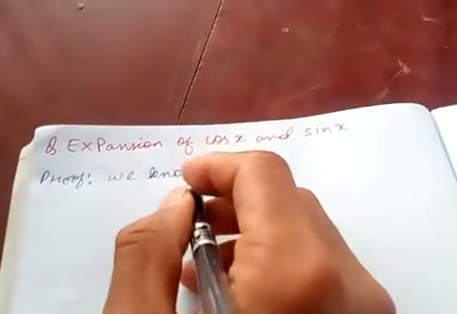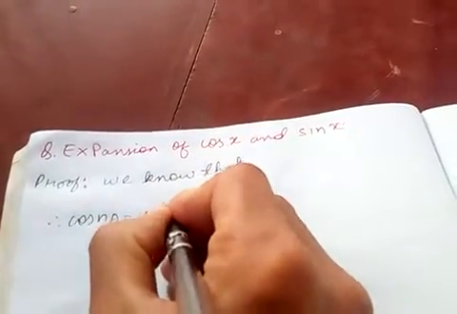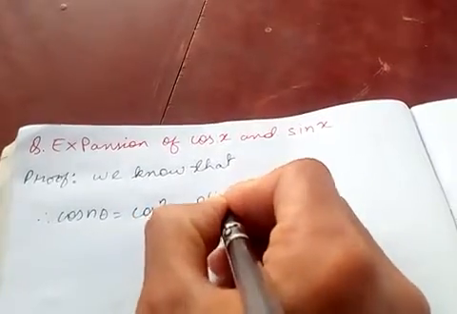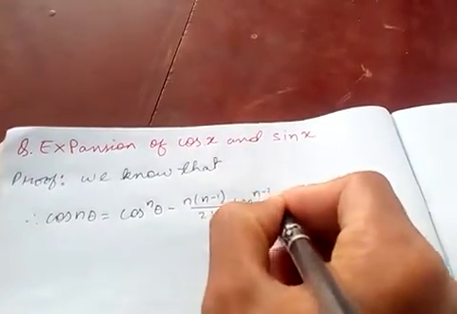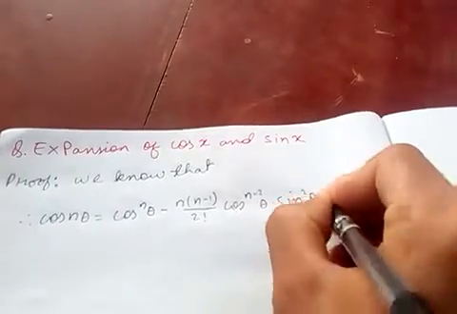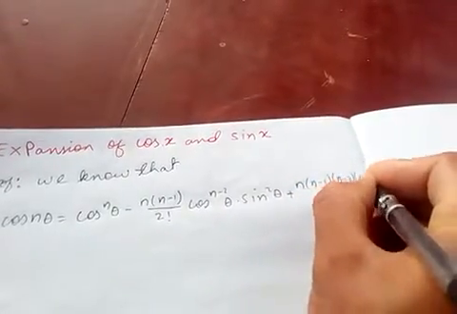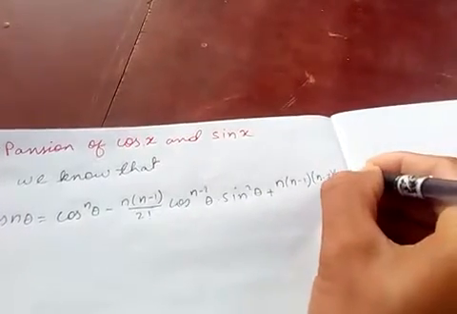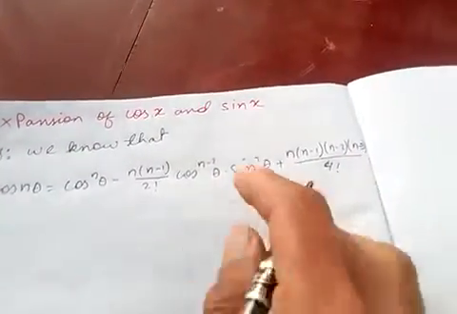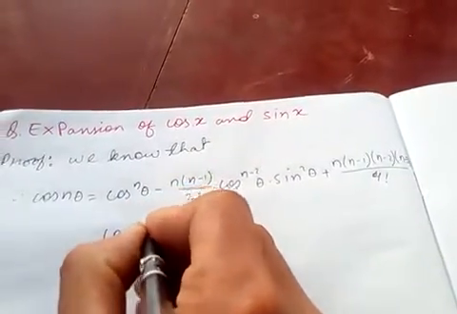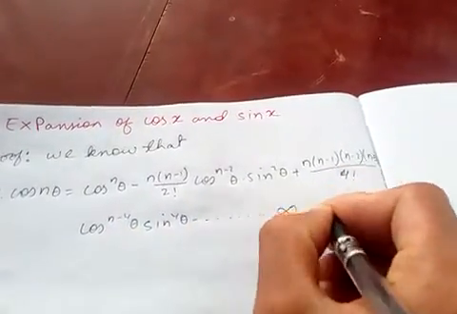We know that cos of n theta is equal to cos to the power n theta minus (n minus 1) by 2 factorial cos to the power n minus 2 theta sin square theta plus (n minus 1)(n minus 2)(n minus 3) by 4 factorial cos to the power n minus 4 theta sin 4 theta minus and so on to infinity,